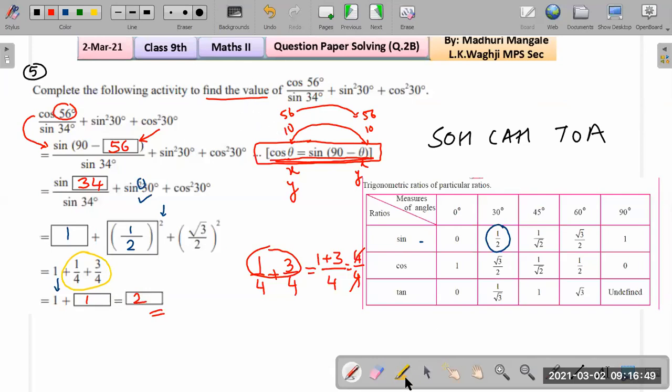Wasn't that easy? Simply look at the rule and fill those values. A simple subtraction was there. Then you just had to fill the values looking at the table. Simple addition of two fractions gives us this part, and then the final was just adding 1 and 1. Do try to practice more questions of this type, 'Find the value of'. All right, we move to the next one now.